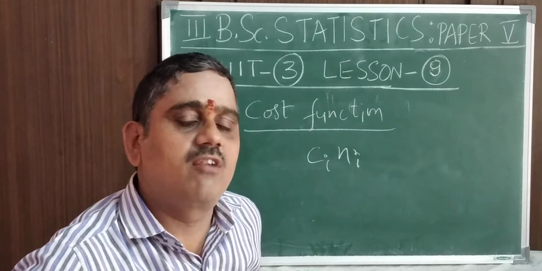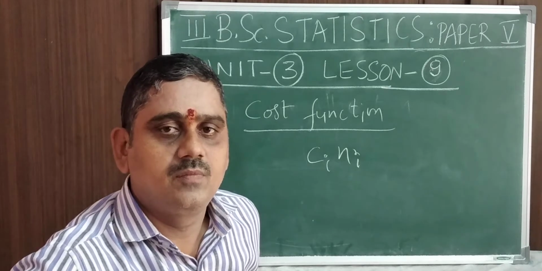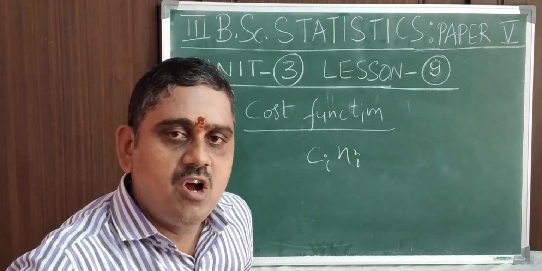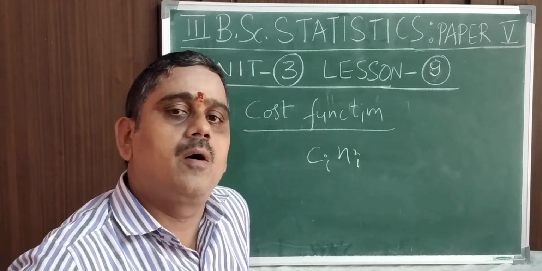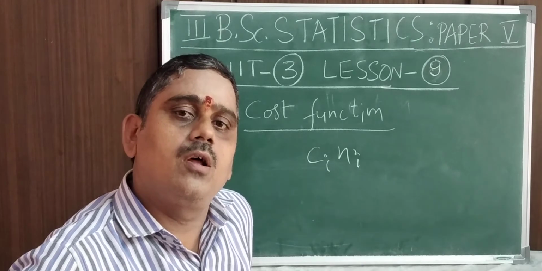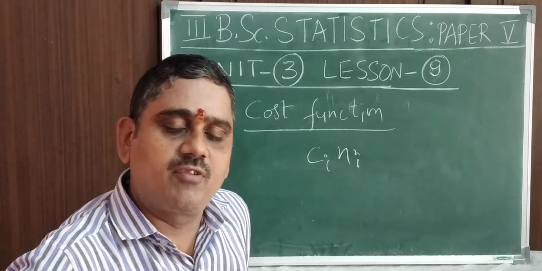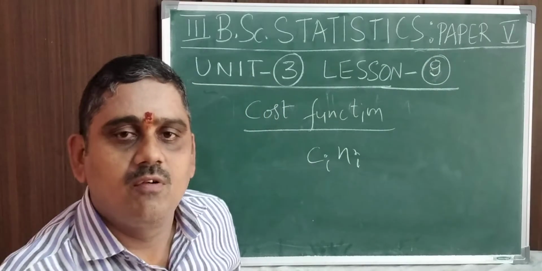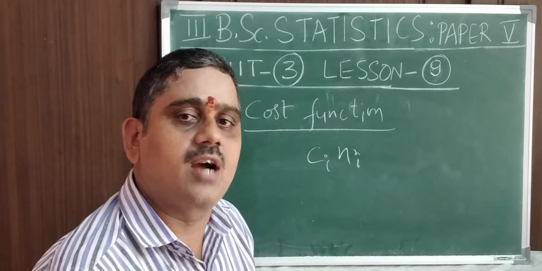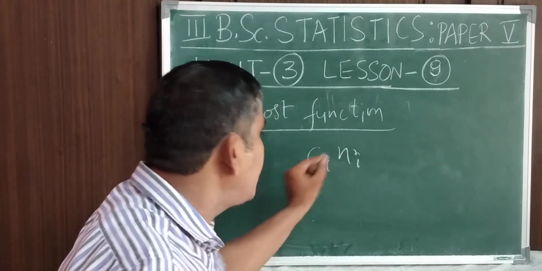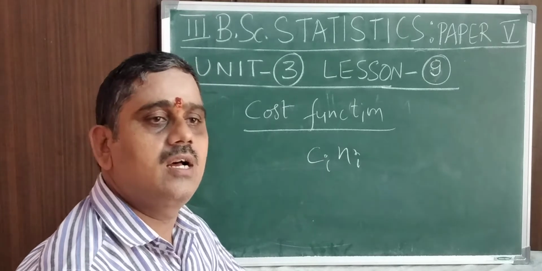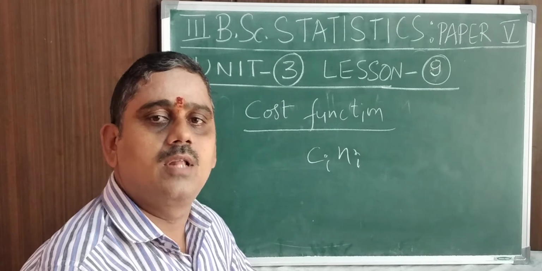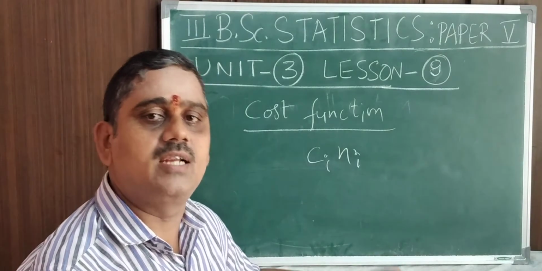That is respectively drawn from the ith stratum. Capital Ni units, from which you have drawn small ni units. For collecting one particular unit from the ith sampled observation, for one particular unit the cost is Ci, then for ni units it is Ci into ni. In the ith sample, the sample of size ni is going to be drawn from the ith stratum.